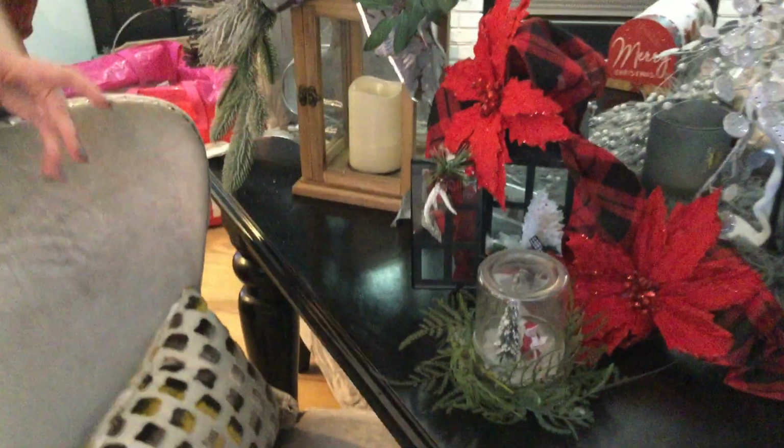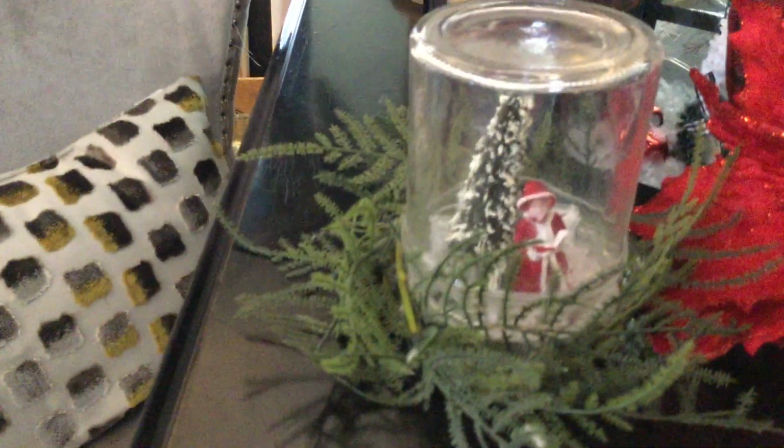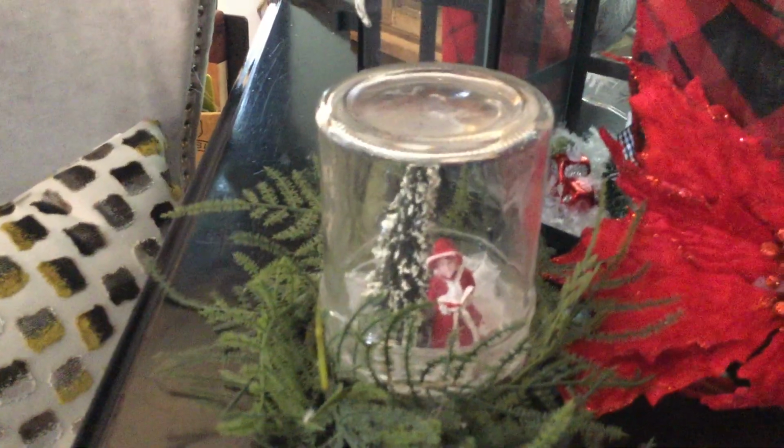But make sure, right, it's your family home. Make sure you have a representation of all the years, the traditions for the family. So when they come home, they're like, yep, it's Christmas. It's Christmas. Okay, so